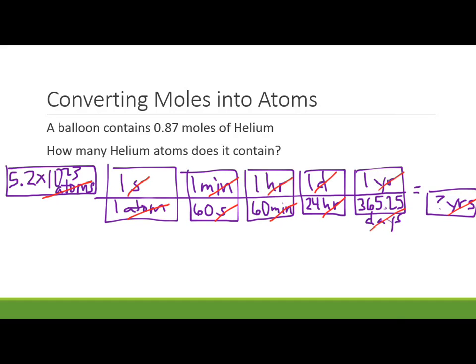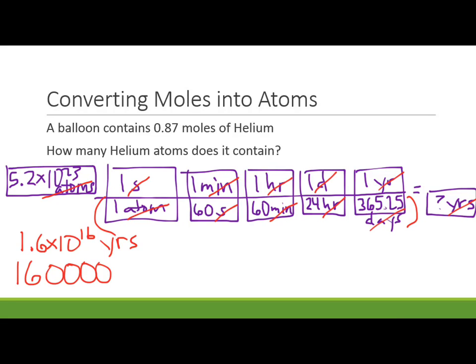Let's go ahead and plug this in. So 5.2 times 10 to the 23rd, and we're going to divide by, and I'm going to put all of these bad boys in parentheses way down at the bottom. So 60 times 60 times 24 times 365.25 divide, and it comes out to about 1.6 times 10 to the 16th years. So that would be a 1, 6, and then 1, 2, 3, 4, 6, 7, 8, 9, 10, 11, 12,